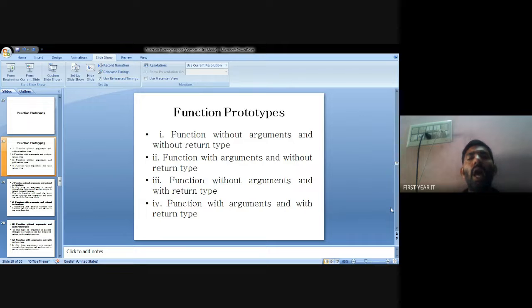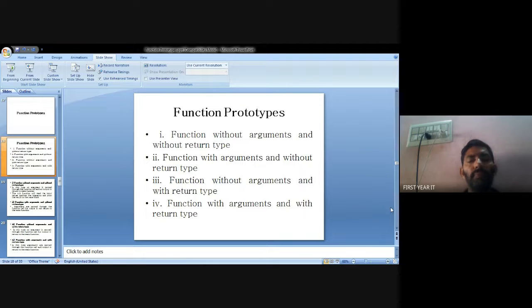First one is function without argument and without return types, which represents no argument, no return types. Second, function with argument and without return types, which represents argument and no return types.